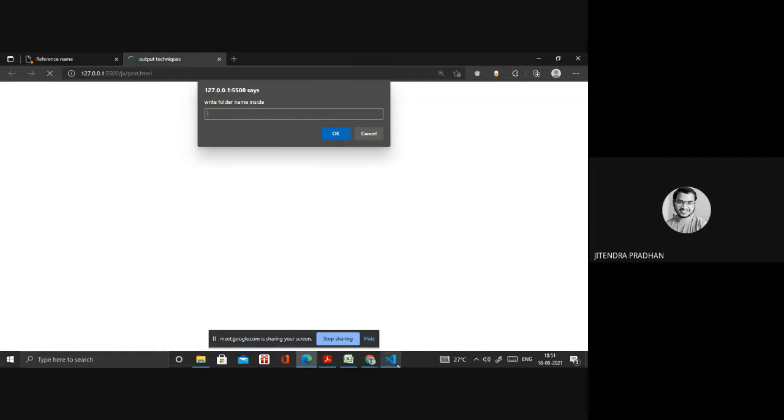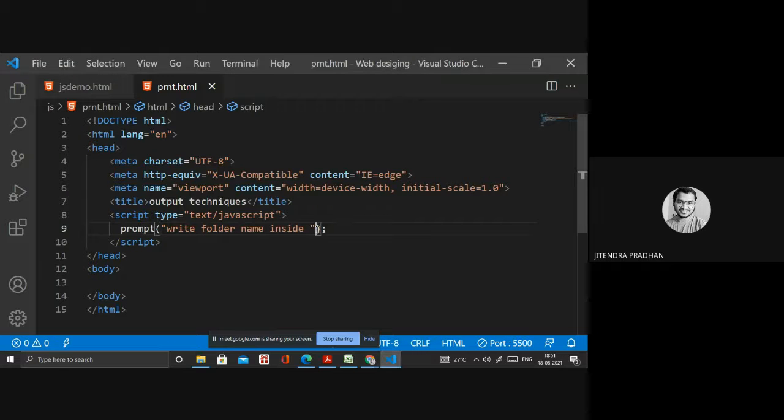If you want to write a default value, then you can write it using this. It's like folder one.